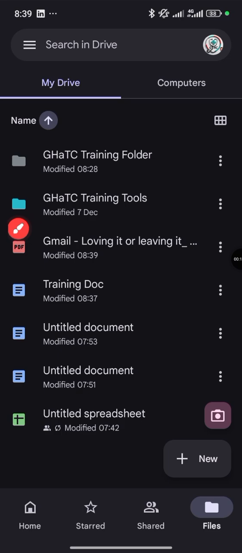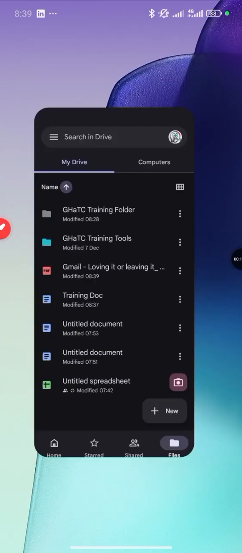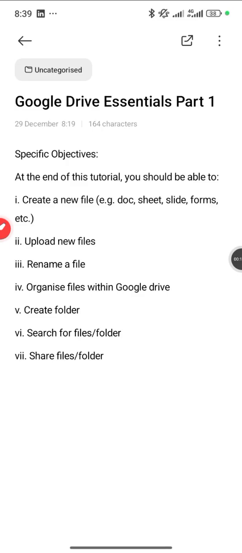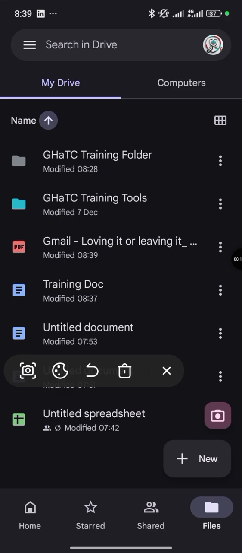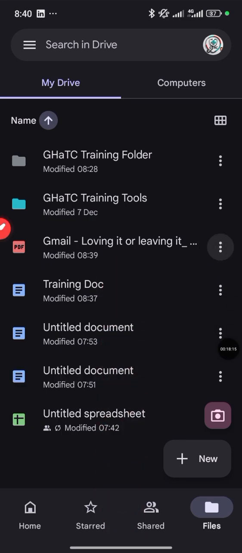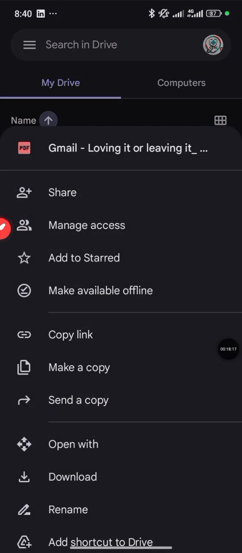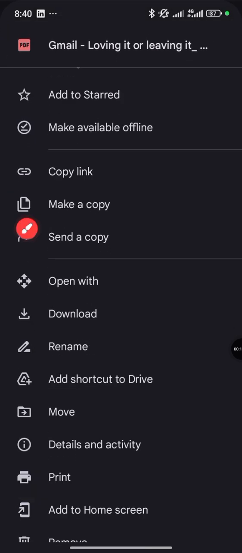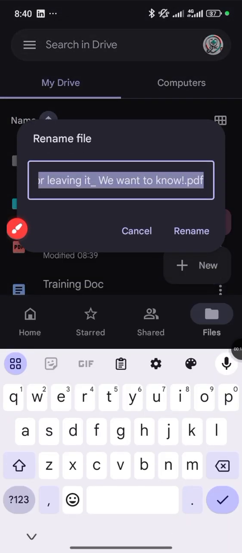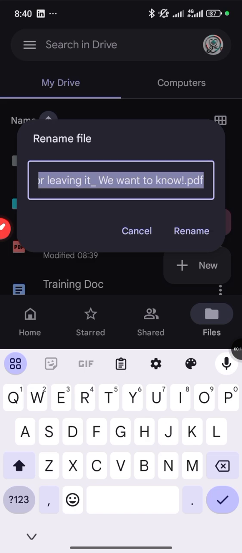All right, so the next thing we'll talk about is renaming a file. Let's see how we can rename a file. Say for instance, I want to rename this Gmail loving it or leaving it. You see these 3 dots attached to it. I will click on the 3 dots. You can see you scroll down to Rename. Just click on Rename,